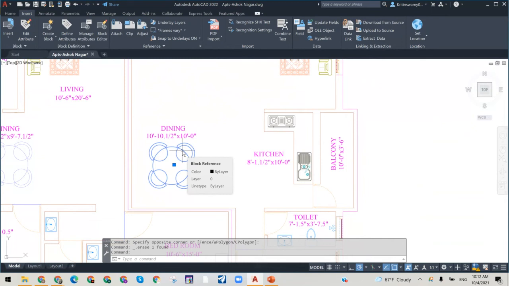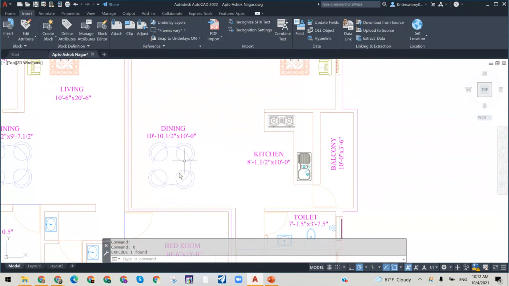AutoCAD doesn't know what unit you're going to use, and it's a generic download, right? So they do not have any scale or anything. When you know what you're creating and what you want, then you can do it as per your scale. Now coming back to explode, yes. For explode, you use the command X